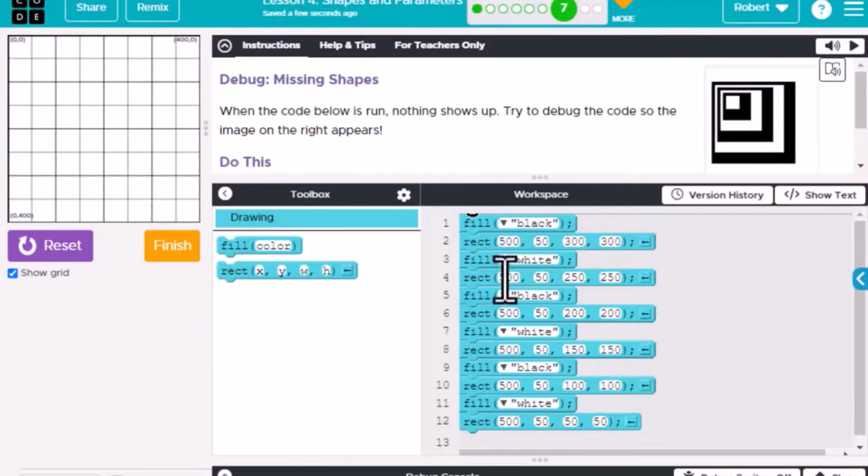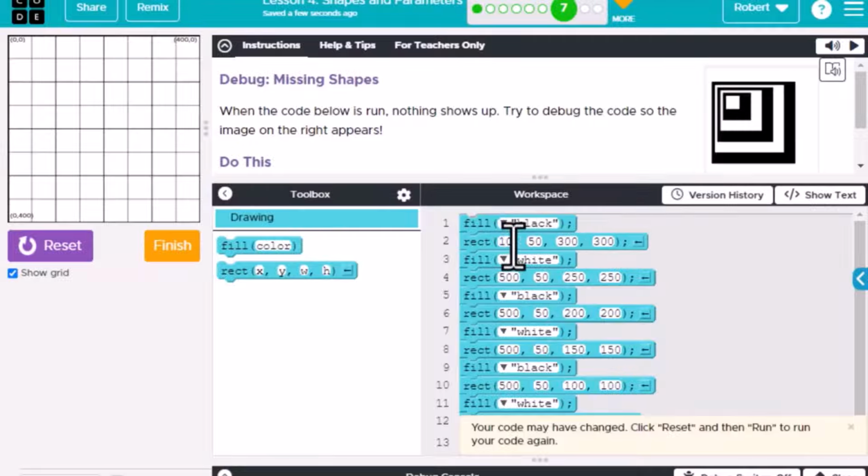So we do need to change these for sure, but we're also going to need to change these. If I just change this, and notice if we look at these, it looks like you're going to have one, and then you're going to kind of slide over a little bit, and then slide over a little bit, and so on. So if we did change these, and we changed them just like this,